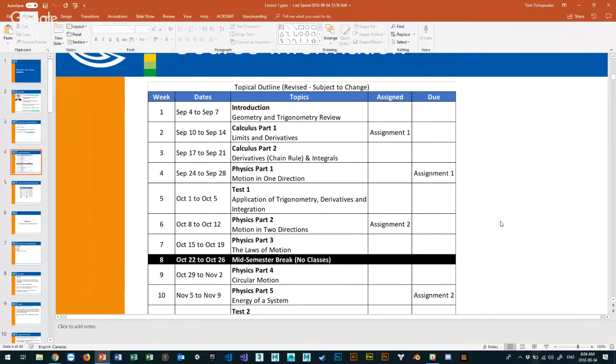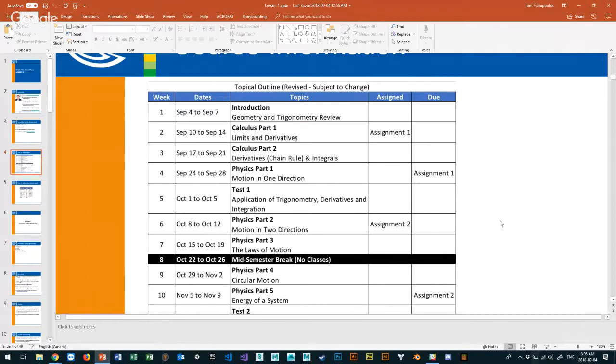What I've done is I've broken this physics class down into 3 modules. So you'll have the first module, which is math, calculus, that kind of stuff, right? Then we'll go into the physics part, which is 4 weeks, from week 4 to week 9 or 10. And then we'll get into test number 2, and test 2 will be the physics piece, right? So you'll be tested on each piece, and they won't be mashed together, right?